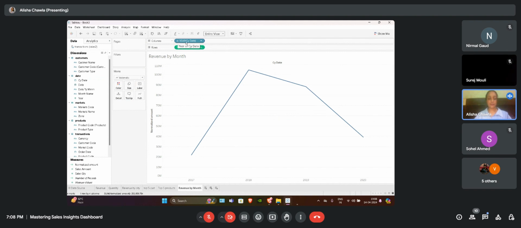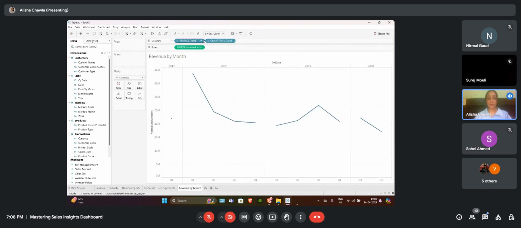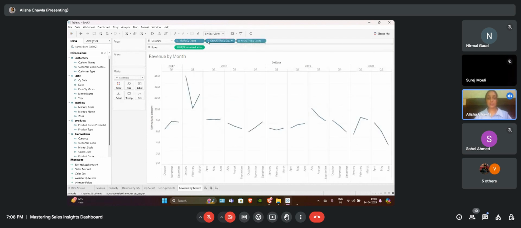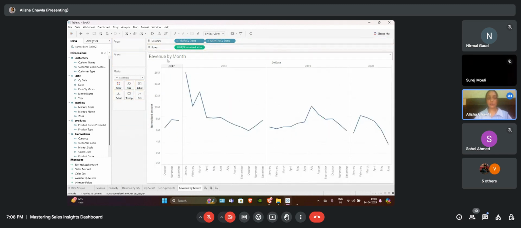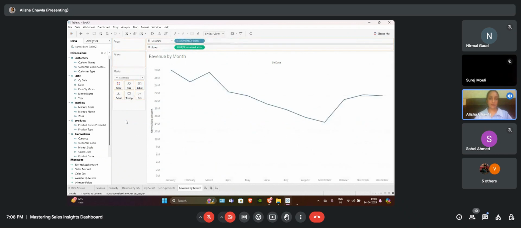We are seeing year here, but we want month from that. So clicking on this plus symbol, it will drill down our date column. Firstly it shows our year, then it will show us the quarter, then again it will show us the month, after month it will show us the day. So day is our final drill down option. What we don't need is day, we do not need quarter, we do not need year, we want month.